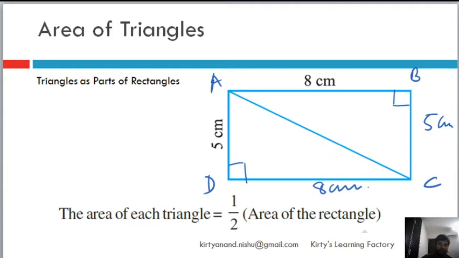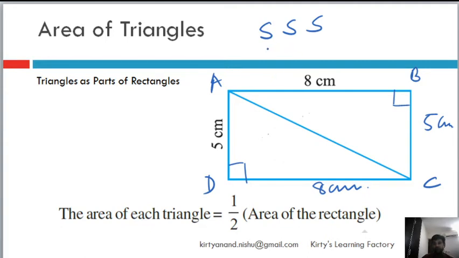Now you remember in the chapter of symmetry, we learned that the diagonal of a rectangle is one of the lines of symmetry for a rectangle, which means that the figures on both sides will be exactly the same in shape and in size, which means that these two are the same triangles. And indeed they are, because you look at it, 5 centimeter, 5 centimeter, 8 centimeter, 8 centimeter. This side is common, so by congruency principle of SSS, these two triangles are congruent.